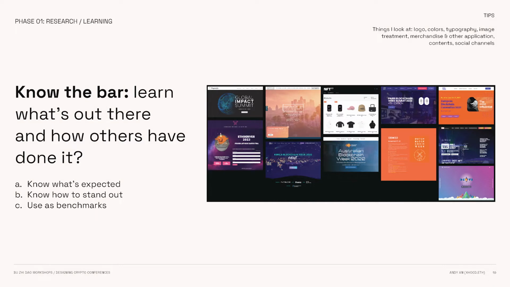On the right, I laid out many other crypto related conferences or summits, their websites, just to get an overall look and feel and the vibe. The goal of this is basically 3 things. First, we know what's expected, what others have experienced or seen before. Second, we now know how to stand out, and we can use this as a benchmark to do something better. What I look at is the logo, the colors, how they treat images,